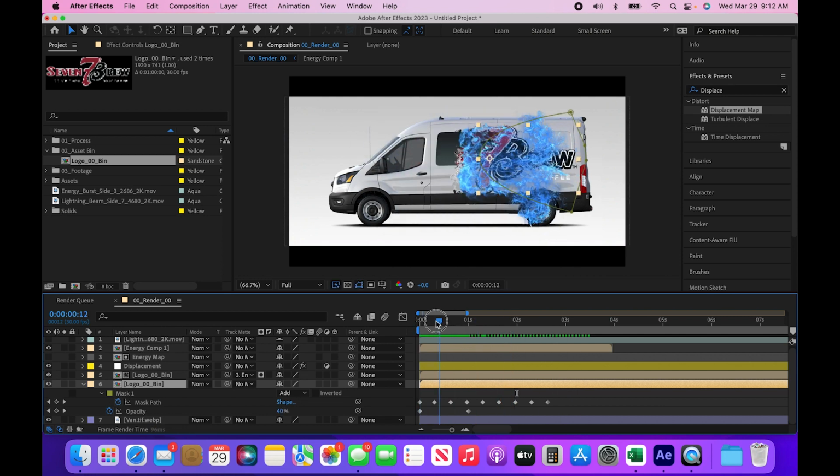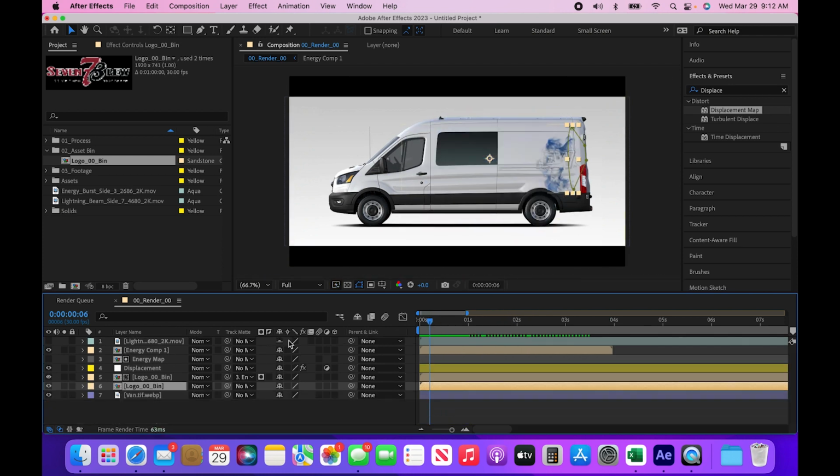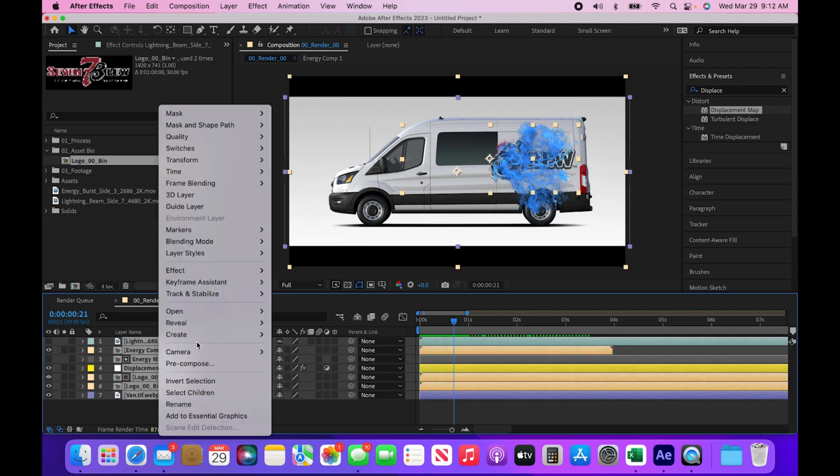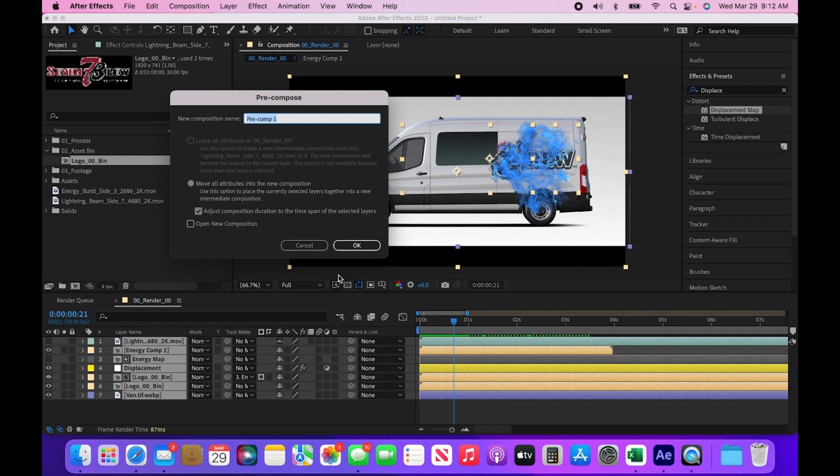Solid. Now, this is moving pretty quickly. So obviously, you can time it however you want to. You could time each individual layer, or if it's applicable, you can just pre-comp this whole thing. And this is where, so we're in our main composition, or the render composition. So we're gonna call this O1. Actually, no, we're just gonna call it process, because the 00 field will put it to the top of our folder anyways. We'll call it process O1, and then you put like what you did. So energy blast slash,